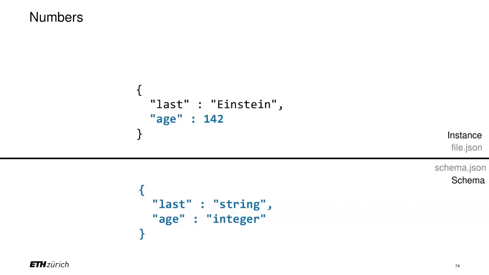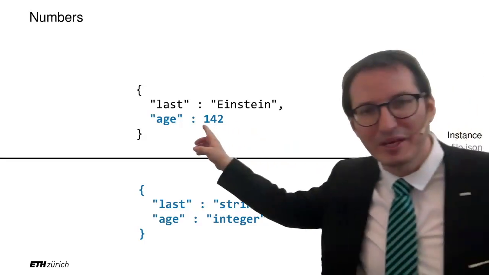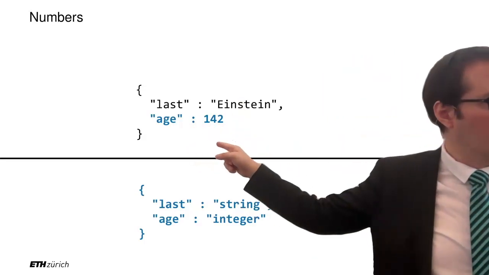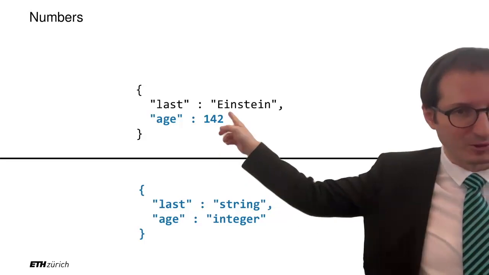Then we have numbers. For example, I told you you can use any type from the left column on my overview slide. Now we have h that must be an integer. Is it an integer? Yes, 142. So the h is an integer, and that is valid. Who agrees the instance is valid against the schema? Yeah, awesome. And together with validation, if we also have annotation, then this 142 will be converted in memory to a long or an int or a short or even a byte, because it's a very small one.